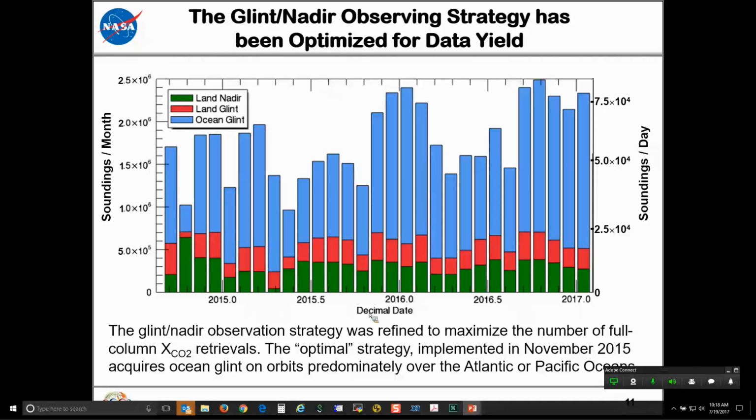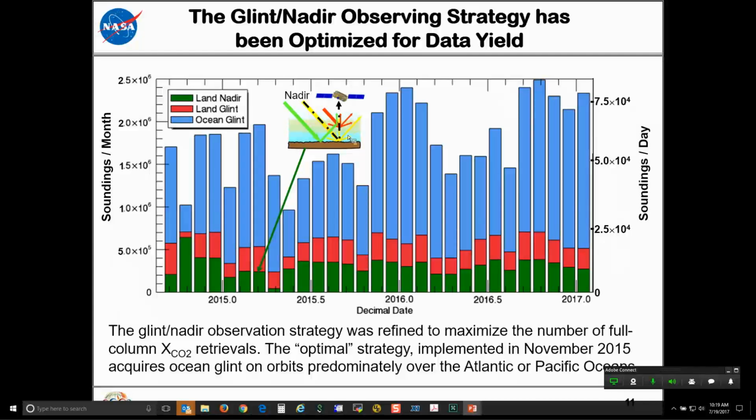The blue measurements here are the ones taken over the ocean in glint mode. The red measurements are those taken over land in glint mode, and the green measurements are the ones taken over land in nadir mode. To understand those modes, we need to understand that a fraction of the time the spacecraft is looking straight down at the ground just below it. As the sunlight comes in and is scattered off the ground, it comes back up to the spacecraft, and we